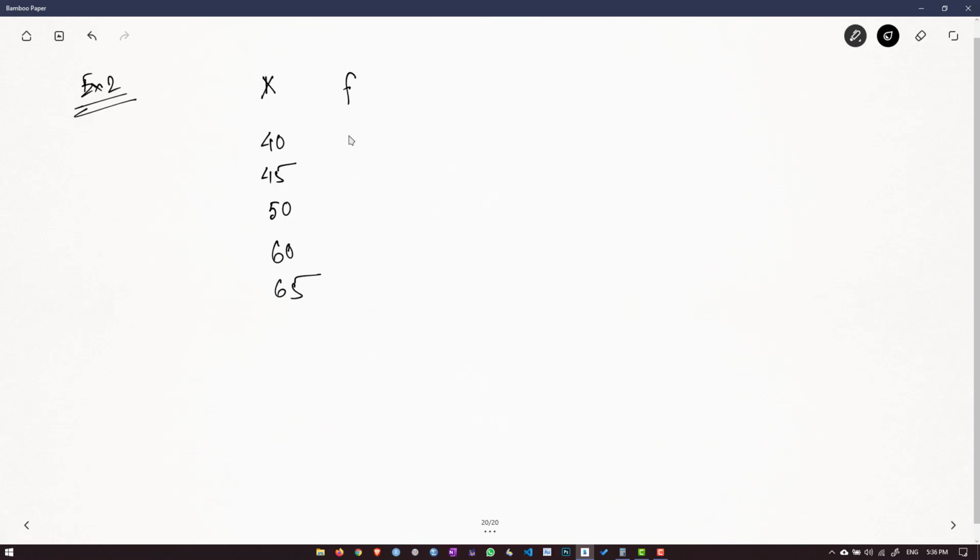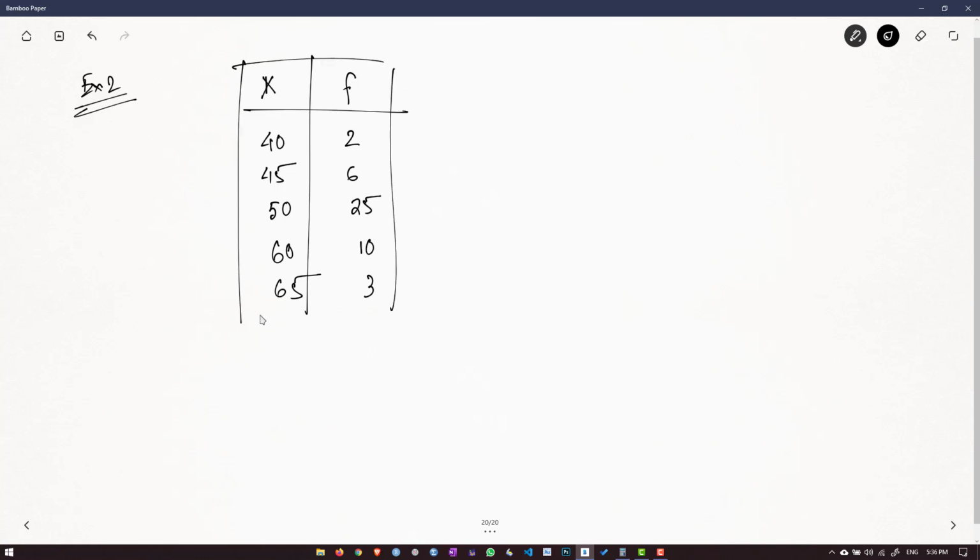And the f values are 2, 6, 25, 10 and 3. So we have to find the arithmetic mean of this data set using the shortcut